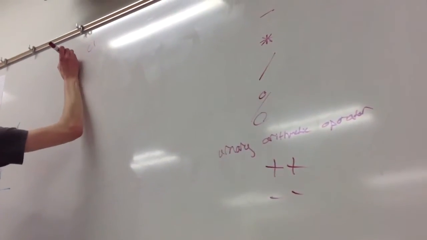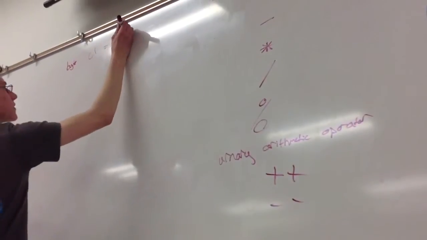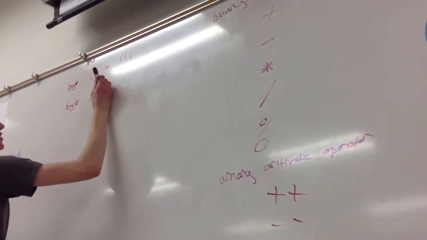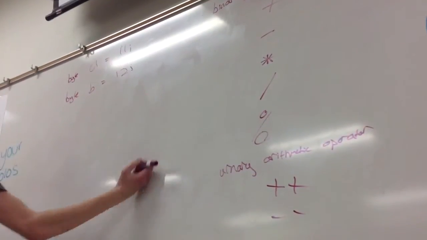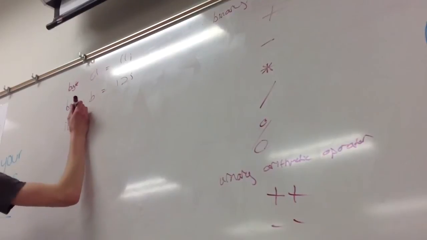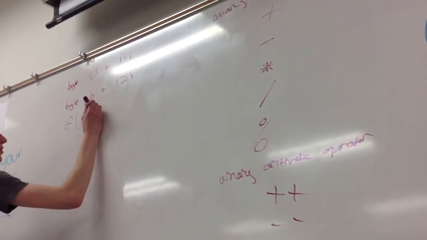Byte A is equal to 11. Byte B is equal to 12. Then down here, what I'm going to say is, if B is greater than A,